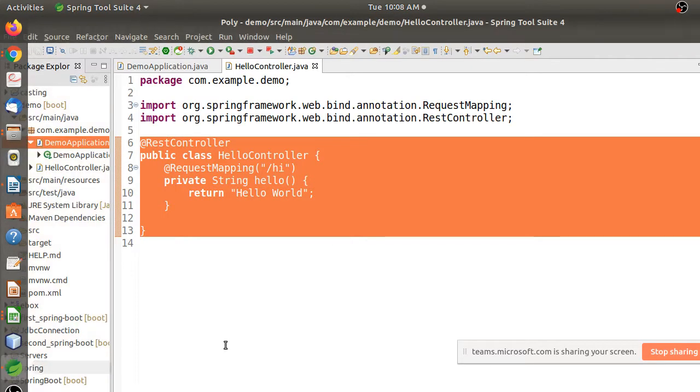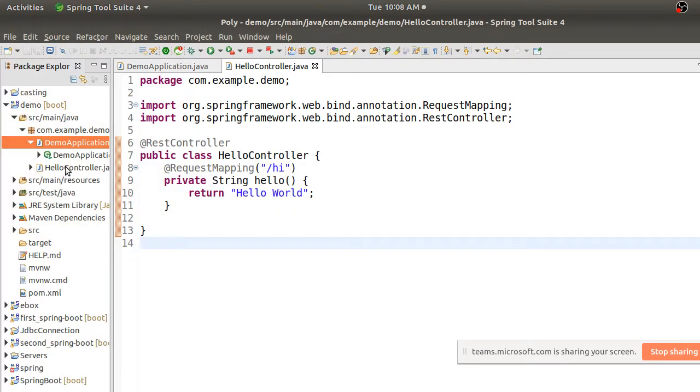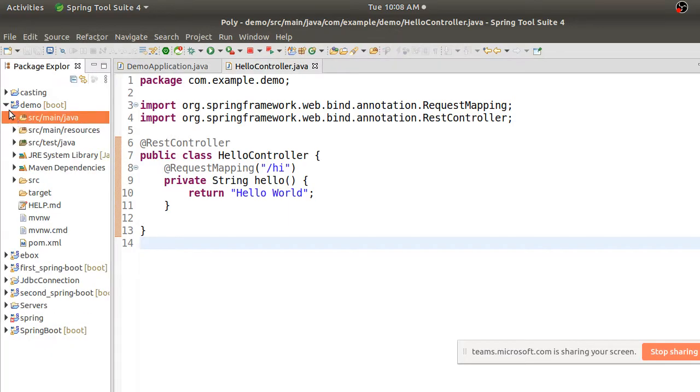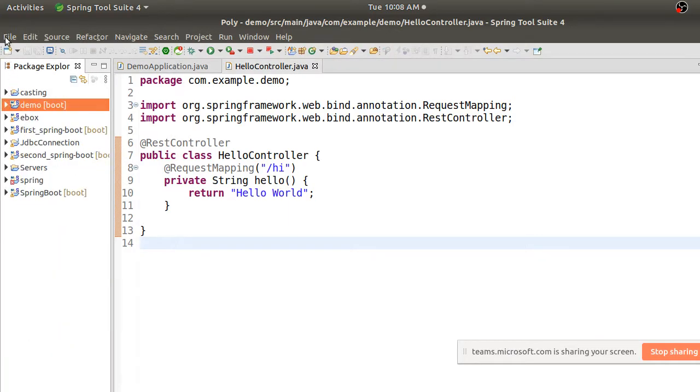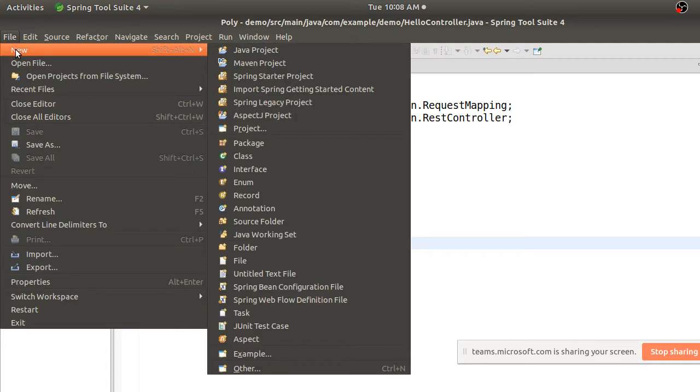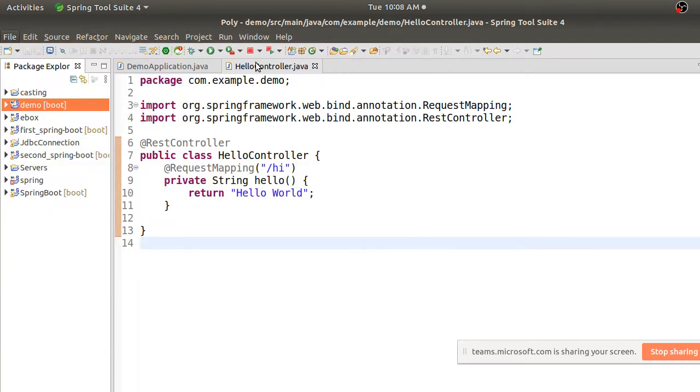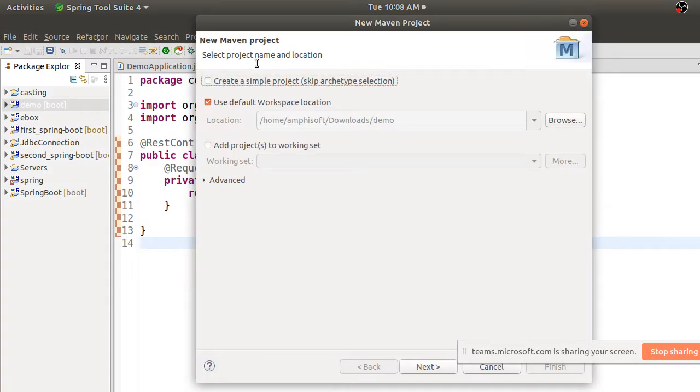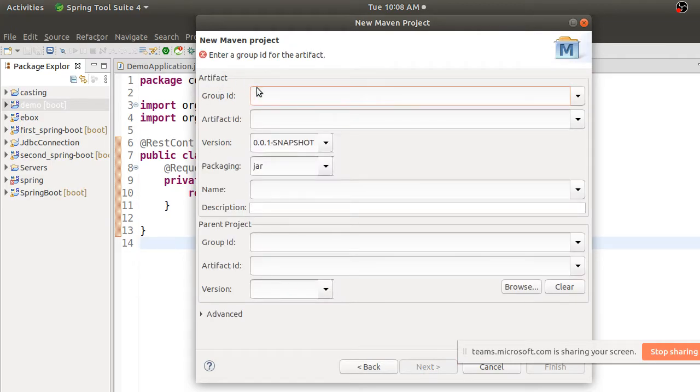There are two or three more ways also. Basically, if you learn one other way, it's enough. So just go to File, and under New you can create a Maven project. If you choose the artifact type, you can choose whichever you want, but I will skip it for now. I just want to create a normal Maven project.